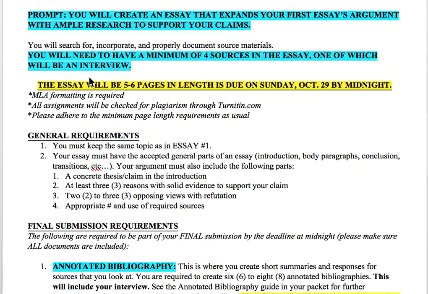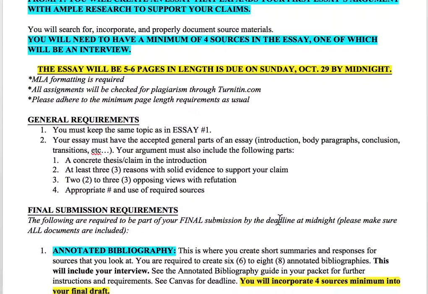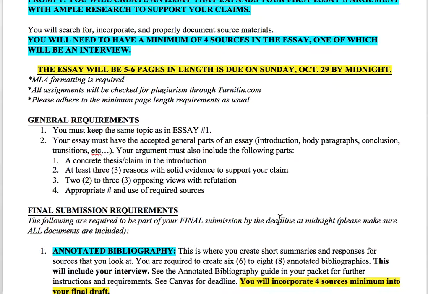This essay is due on October 29th at midnight, and it's 5 to 6 pages in length. That means 5 pages down to the bottom at least. As usual, MLA format. Make sure everything is clean and not plagiarized. Especially since this is a research essay, make sure that you have correct citations for everything, and a bibliography. You have to have a bibliography. That's different than the annotated bib that you turn in. At the end of your essay, you'll need to include a regular bibliography, which is just the list of sources in the usual MLA format with alphabetical names and things like that.